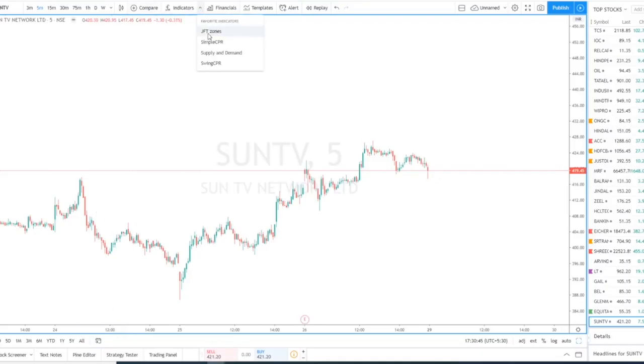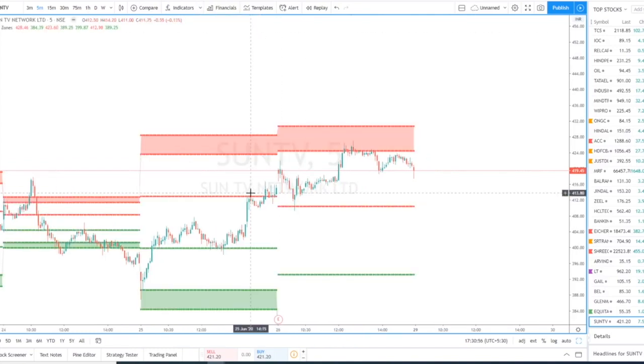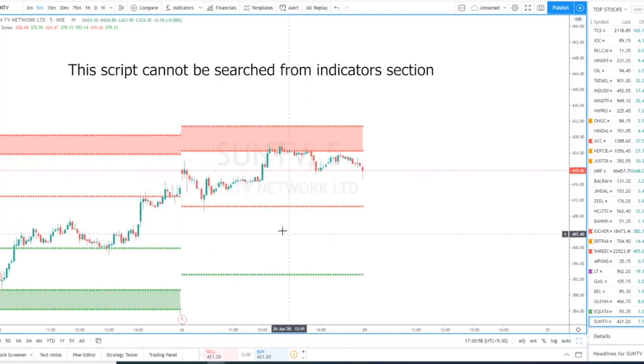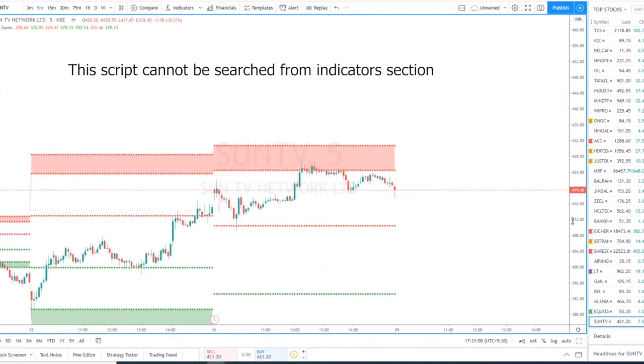You will be able to see this in your favorites indicator. So how do you do that? You just have to click that arrow and you will see this JFT zones indicator. All right, and to explain this indicator,